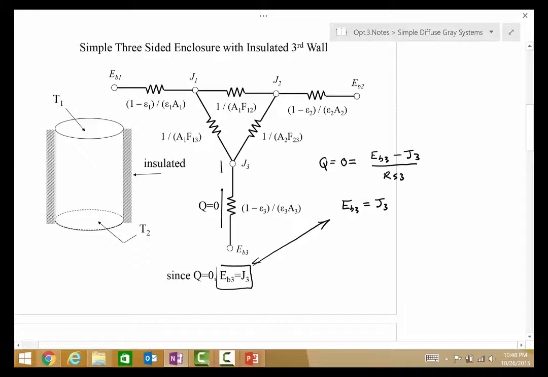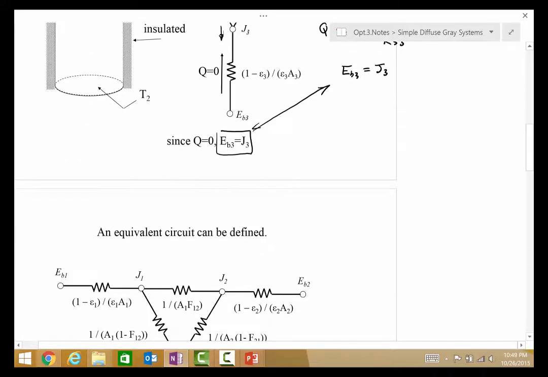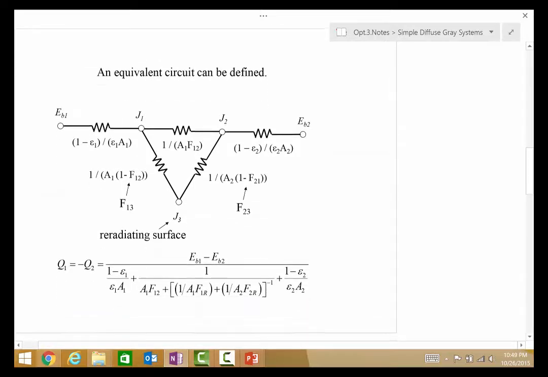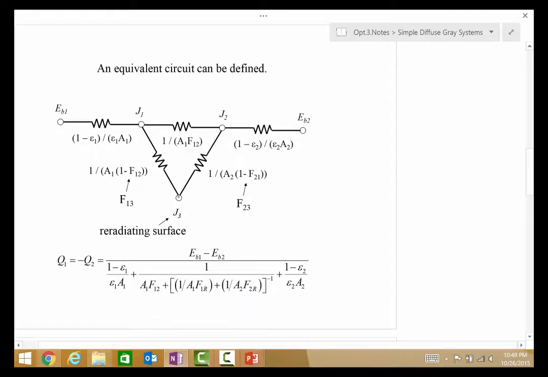Because there's no heat transfer that passes through node J3, another simplification is available, and that's that there is no path to a different potential from J3. Essentially, this problem now has been simplified